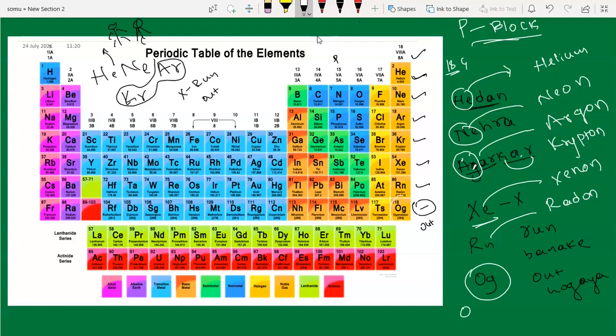Okay, here we can zoom it out and you can find that. Let's zoom it and let's see that also. Okay, leave it. Oganesson. Okay, like that we have. So now you are able to remember this. Even if you don't remember this Og, just leave it. It is not needed for your age. Okay, and even we are not going to study this in intermediate also. And I too don't know whether it is there for your MSc chemistry or not.